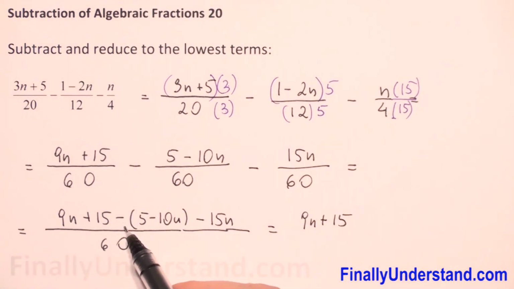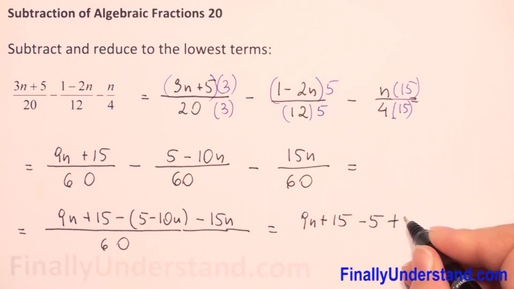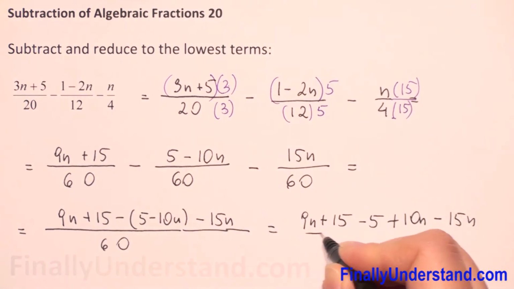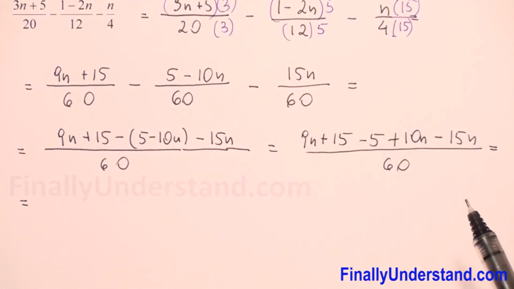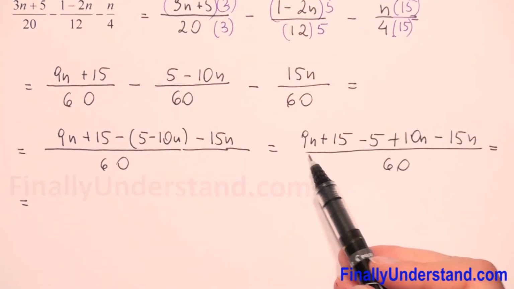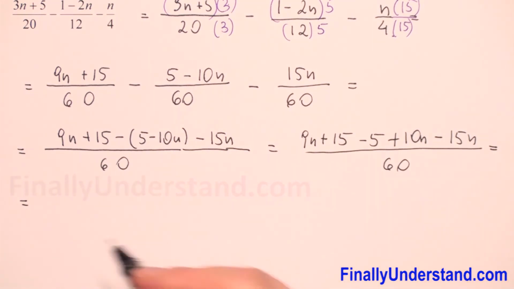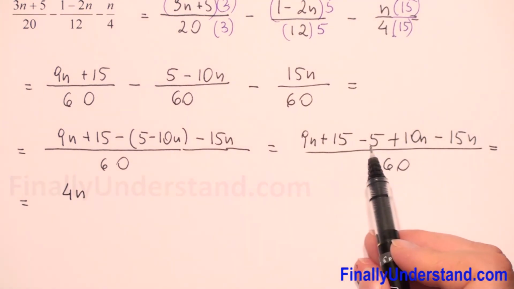We have a negative sign before the parentheses, so we have to change the sign inside the parentheses. So it will be positive, so now it will be negative 5. Negative, so it will be positive 10n, and we have negative 15n over 60. So this is equal. Now we have to combine the like terms. We have 9n, 10n, so this is 19n minus 15n, so this is 4n, and we have 15 minus 5 is